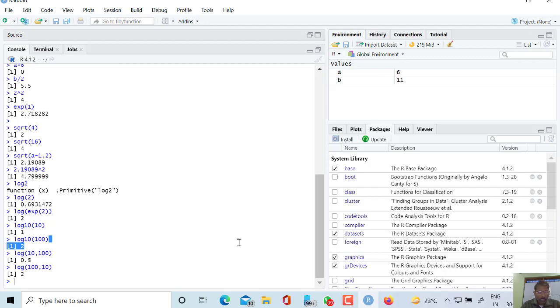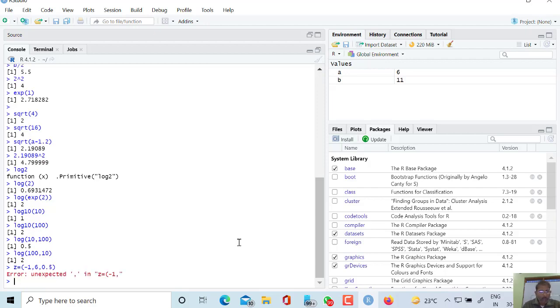We can declare many values inside a variable also. Suppose I am writing a variable z, and I am writing the first value and the last value. The first value is suppose -1, and the last value is suppose 6. And suppose I want to partition this range into small pieces of 0.5. Here, what is the mistake?